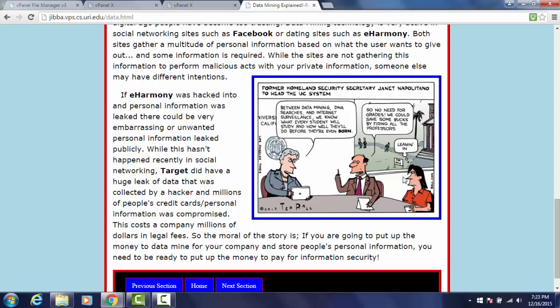And I also touch on Target having the tremendous leak of debit card data after the holiday season that got into the hands of hackers, and it cost the company millions of dollars. So information security and security measures is not something you want to skimp on budget on when you have a company that's using data mining and retrieving personal information. And here, this is just a quick cartoon that's kind of funny that you can read